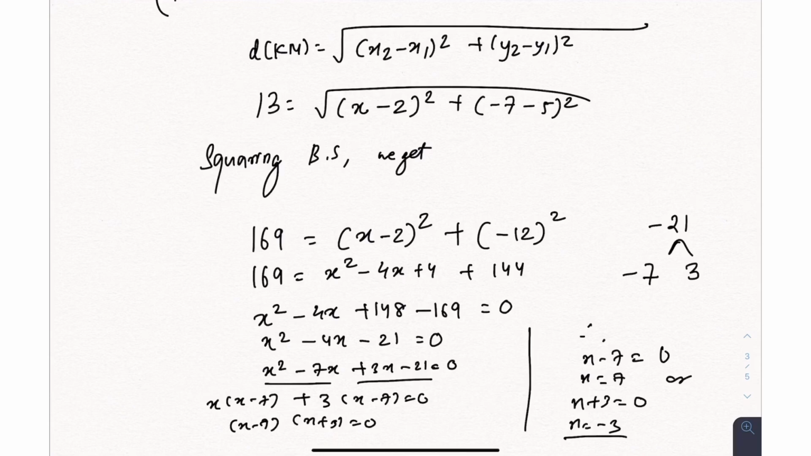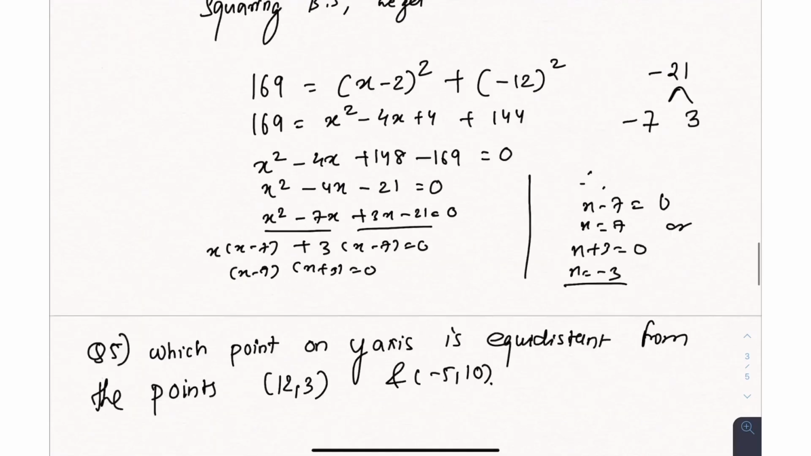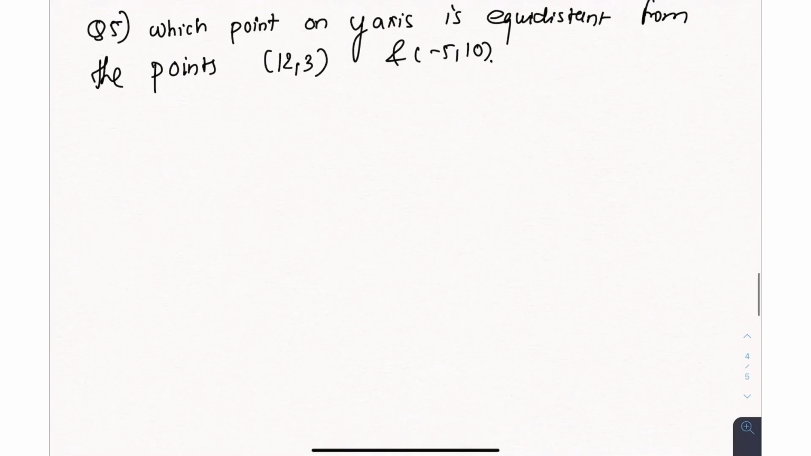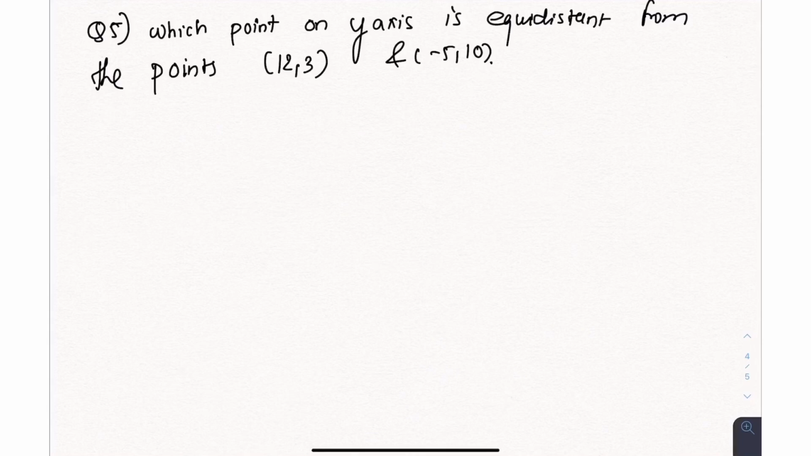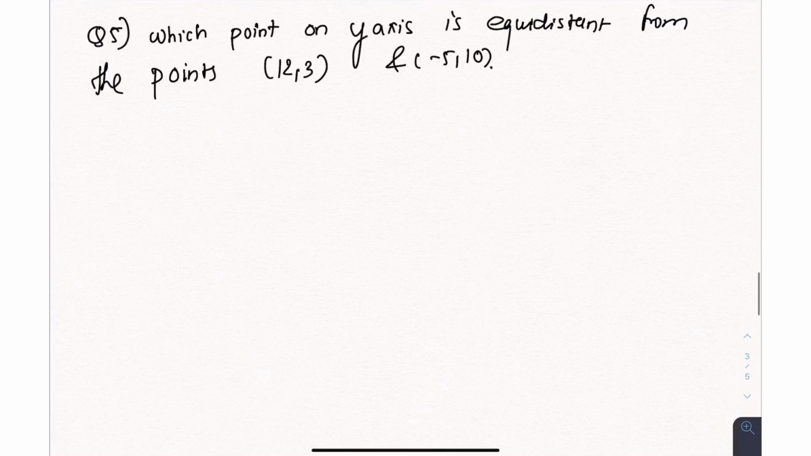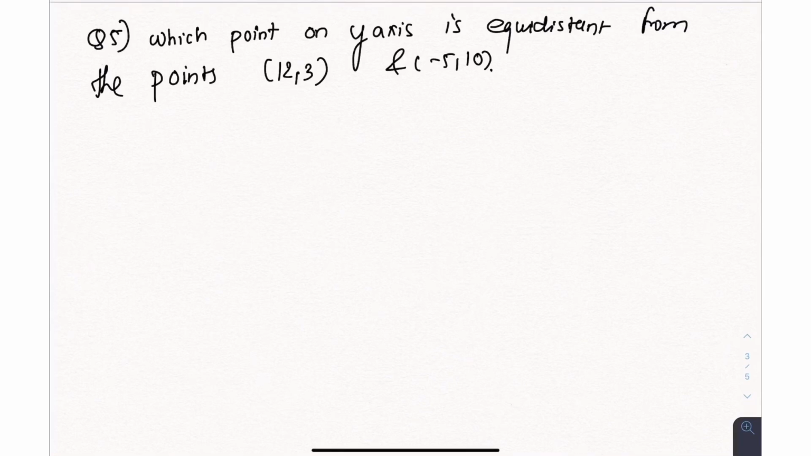So now the next question is, which point on y-axis is equidistant from the points (12, 3) and (-5, 10)? Okay. So now the first thing is you should understand what exactly the question is asking. What does this mean? Equidistant. The meaning of equidistant is they are at equal distance from a given point, and that point lies on